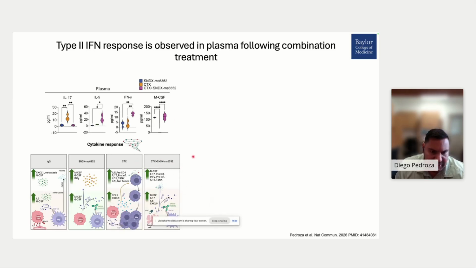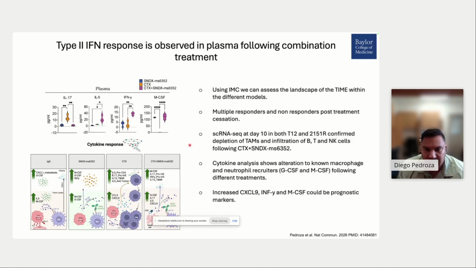This is a cytokine representation of what we believe is going on. And, just for the interest of time, I won't get into it, but this is all published. So I'm happy for anybody to go read. So this is just the